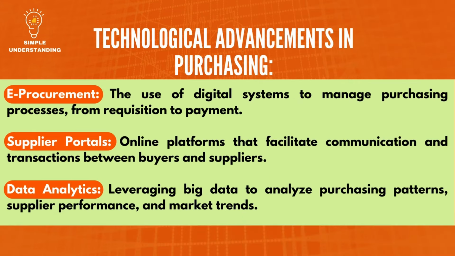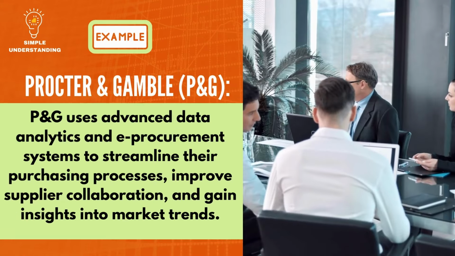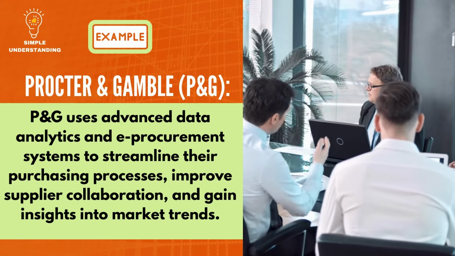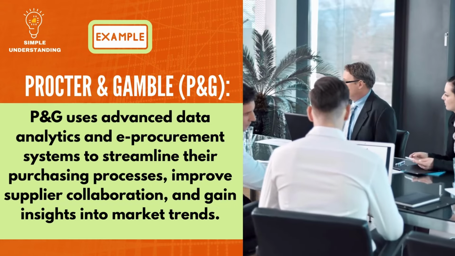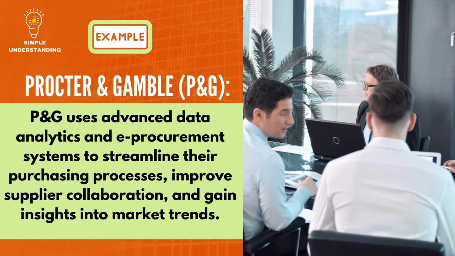8. Technological advancements in purchasing. A. E-procurement. The use of digital systems to manage purchasing processes from requisition to payment. B. Supplier portals. Online platforms that facilitate communication and transactions between buyers and suppliers. C. Data analytics. Leveraging big data to analyze purchasing patterns, supplier performance, and market trends. Example: Procter & Gamble, P&G. P&G uses advanced data analytics and e-procurement systems to streamline their purchasing processes, improve supplier collaboration, and gain insights into